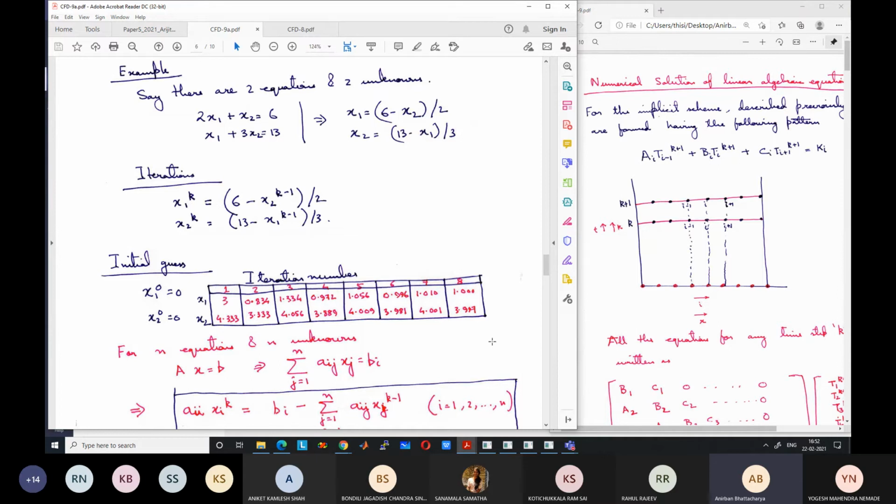If at all the grid points the convergence criteria is satisfied, only then will we reach convergence. If we reach convergence in n minus one grid points, but one grid point is not showing convergence, then also we will not have a converged solution. The algorithm will continue. That is what we see in software. We will see that sometimes there is no convergence. Convergence is not happening even after 1000 iterations.